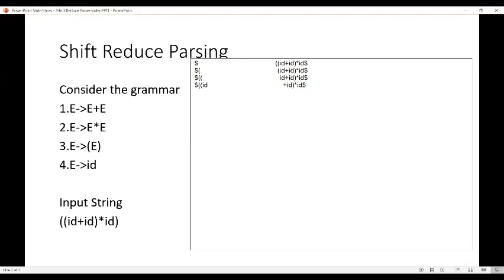Now we can apply reduce operation using grammar number 4. For reference, the grammars are numbered 1, 2, 3, and 4.